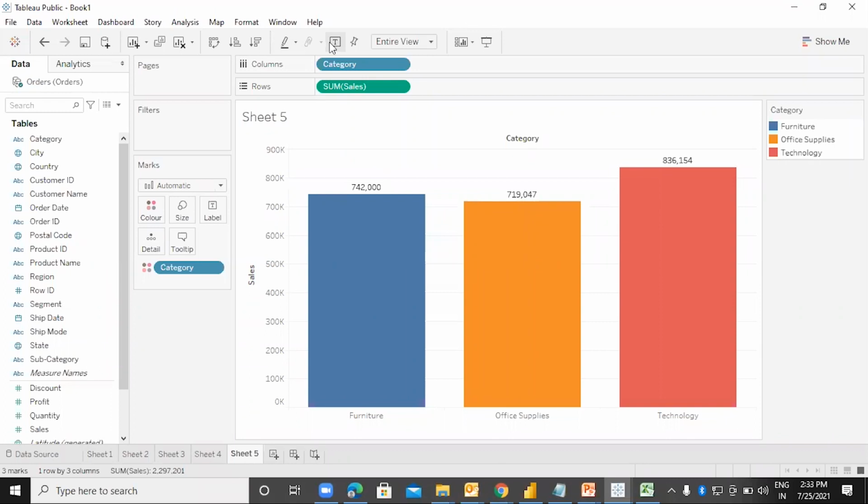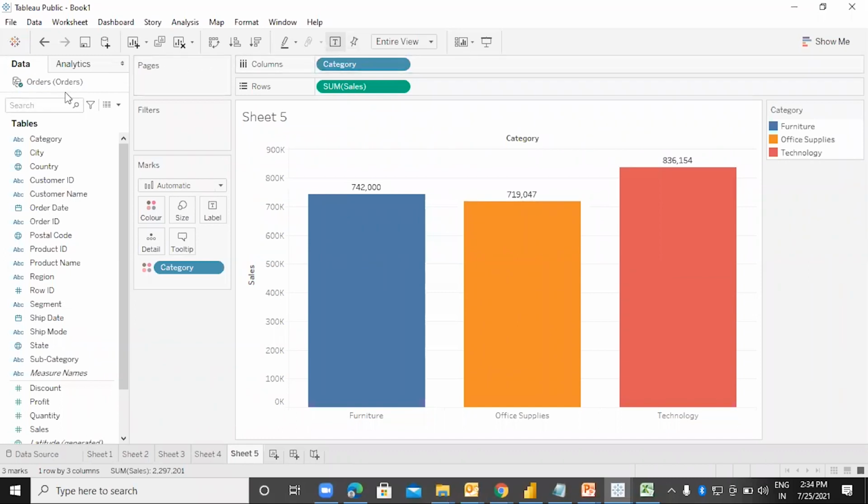Example, if you have 10,000 records, out of which assuming 3,000 records are from furniture. I don't want to do any visualization on the furniture. I only want the visualization of office supplies and technology. So I wanted to remove the furniture. So either I create the visual, then remove the furniture, or I simply do not take those 3,000 records which are for furniture. So let us remove that.